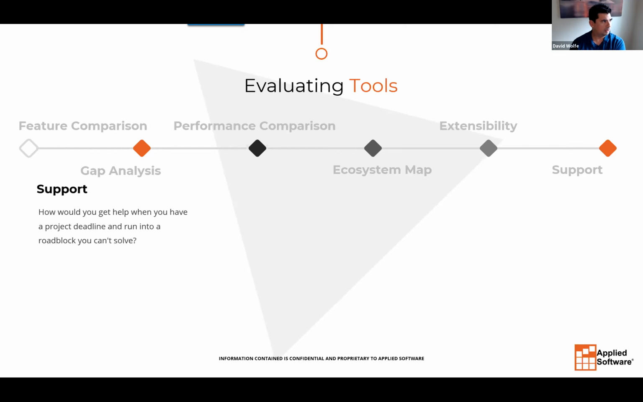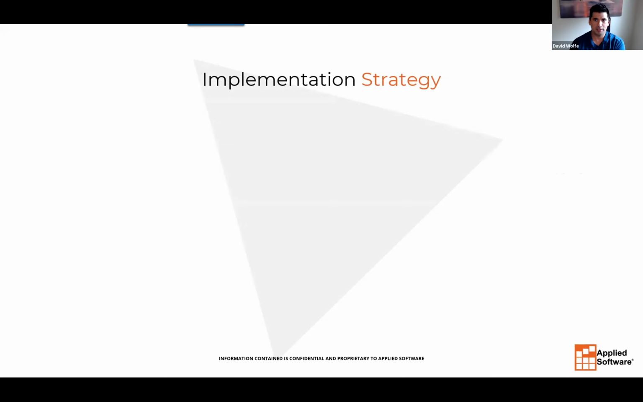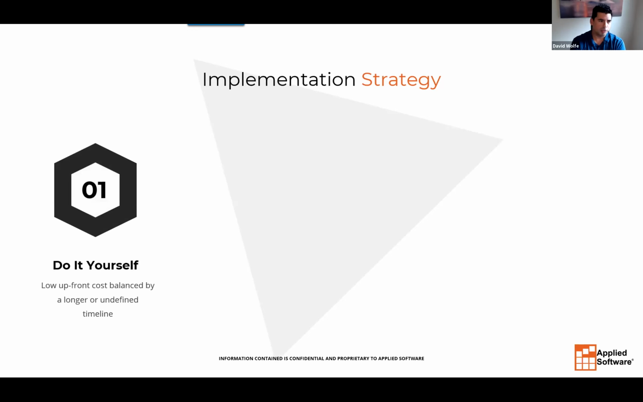All right, so let's keep jumping on down, and we will have some time for Q&A at the end of this. We're going to jump into implementation strategy. So first of all, this is one of those